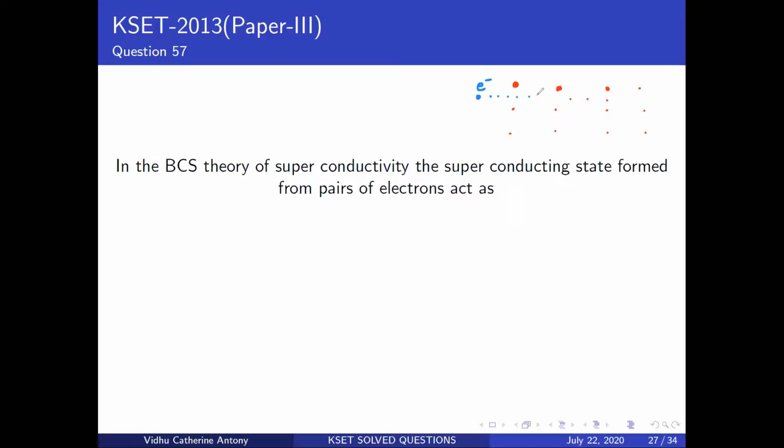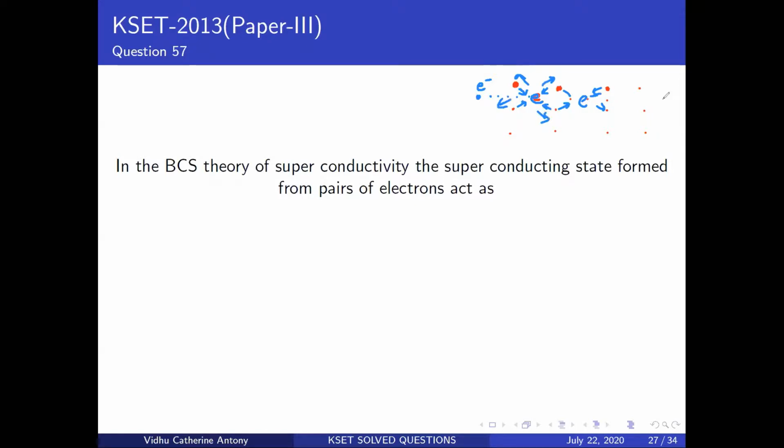But when your electron is moving through this, there's a certain pull that's going to be created. It's some kind of a distortion, a kind of oscillation. So then you have something called a phonon coming into the picture here. When you're looking at this lattice, this entire thing is distorted. Wherever the electron goes, these atoms are going to approach each other, and these are going to move back to their other places.